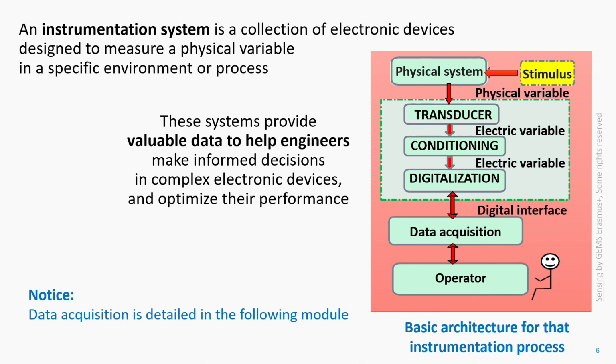As it is shown in the drawing here, you can see that the different elements in the sensorial system are as follows. Always, the input is going to be the physical variable that acts like a stimulus in a physical system. The physical system in turn converts this into an electrical variable, thanks to a transducer. Moreover, the transducer will give this electric variable to the conditioning stage that generates an optimized version of it. This is important in order to be able to do digitalization after that step. The digitalization process will generate data to be processed through a data decision system in a PC or a microcontroller.